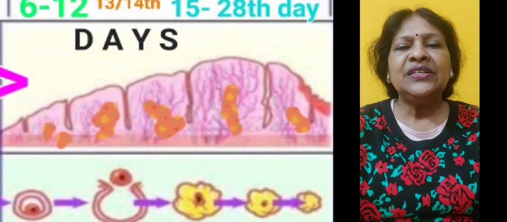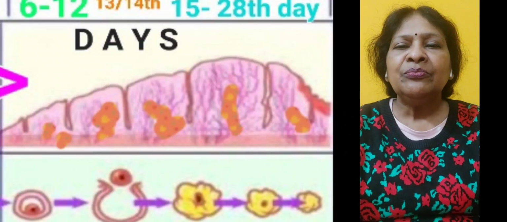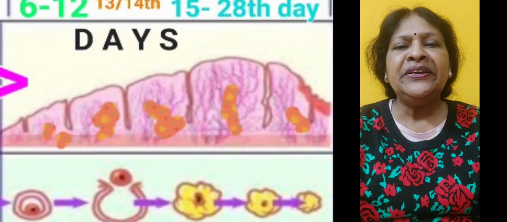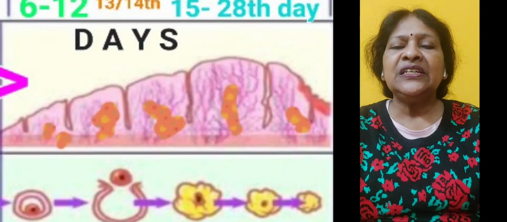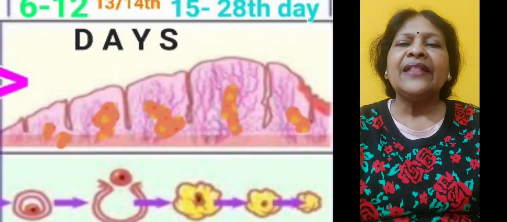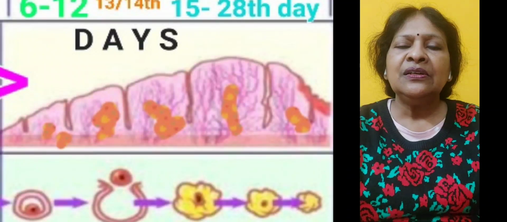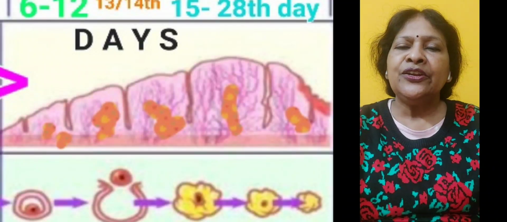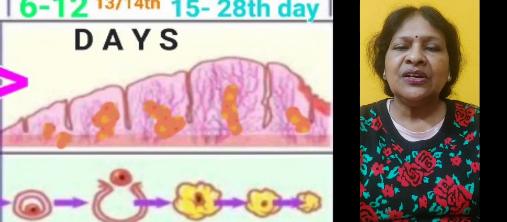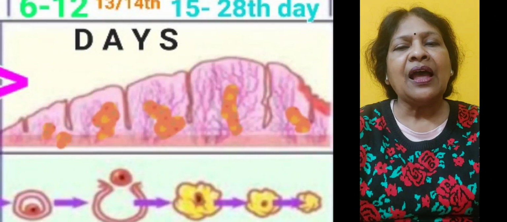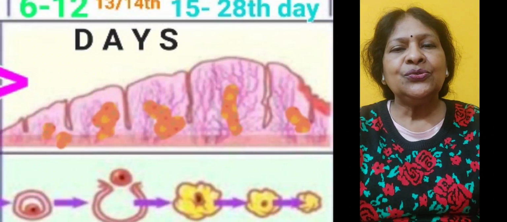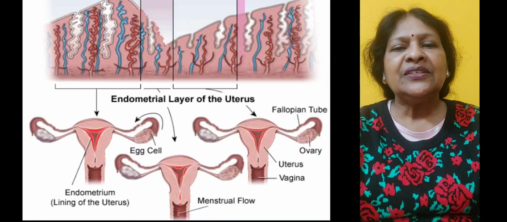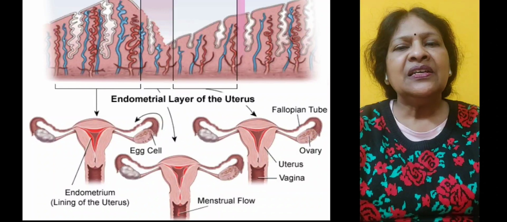So the luteal phase, which begins after the midpoint of the menstrual cycle, prolongs for another 14 days or so, and then it leads to the discharge of the endometrium, which is a repeat of the entire cycle from the menstrual phase to the luteal phase, as long as the female is in